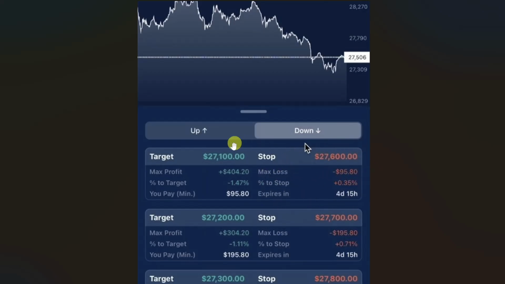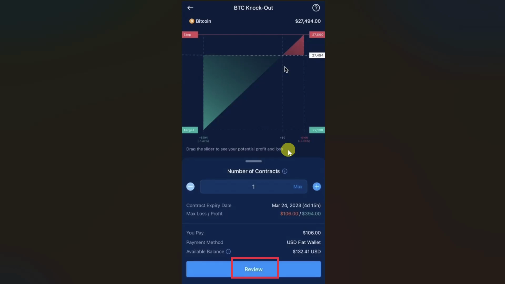So just you have to choose the option that you want to use from here. You can also switch from up and down from here if you want. So after that you just have to select your position. You can select this first position or second position. So just select your preferred position from here, and once you click on it, this is going to open up